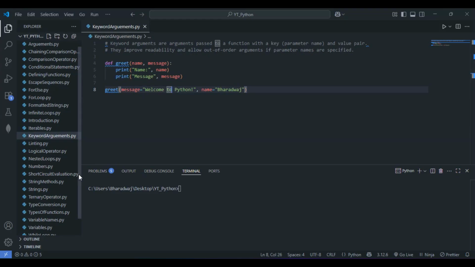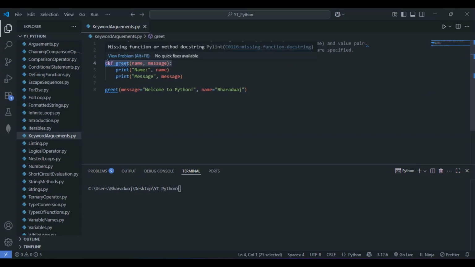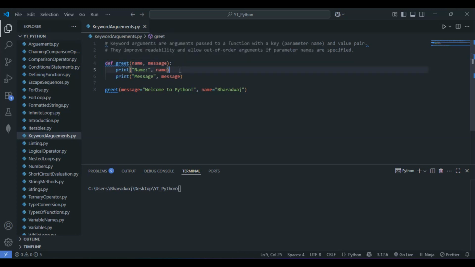First of all, I want to tell you one thing here. def greet with name and message defines a function greet with two parameters, name and message. Second, print of name prints the name value. Third, print message prints the message value. Then, on line number 8, greet with message equals welcome to Python and name equals Bharadwaj